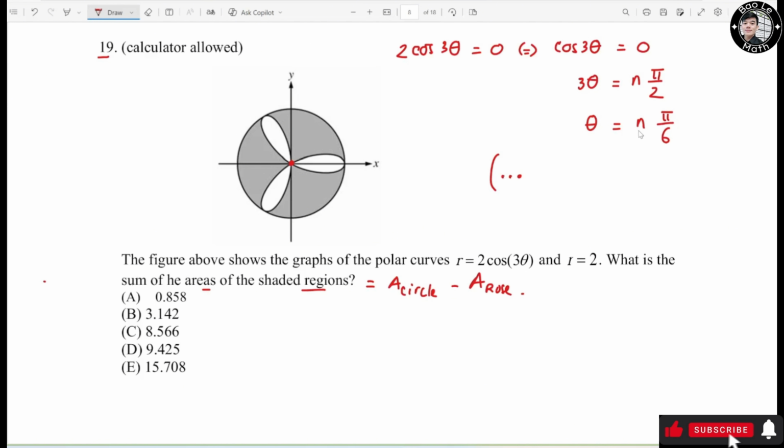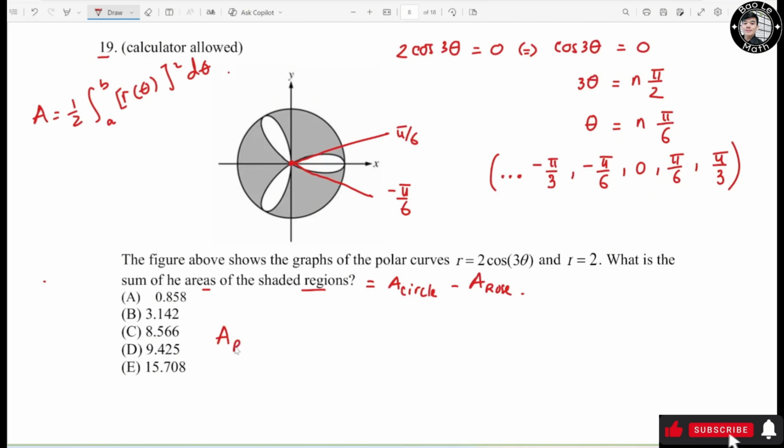If n equals negative 2, we have negative pi over 3. n equals negative 1, it could be negative pi over 6. n equals 0, it could be 0. And n equals 1, it could be pi over 6. n equals 2, it could be pi over 3. So the petal is bounded by negative pi over 6 and pi over 6. The area of one petal equals 1/2